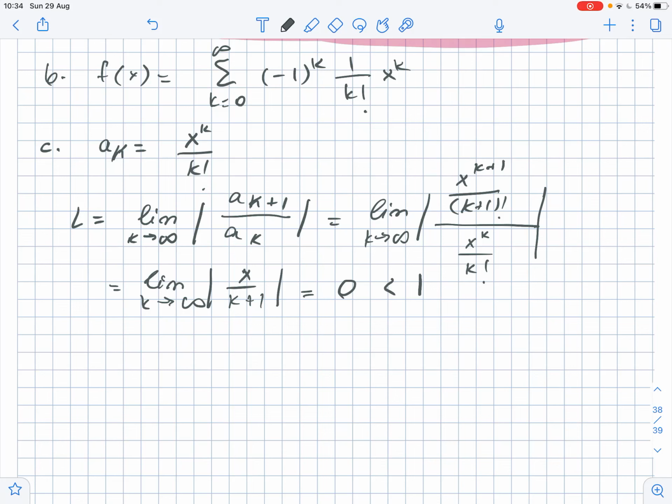That means that 0 is less than 1, so this series converges for all values of x. Then the interval